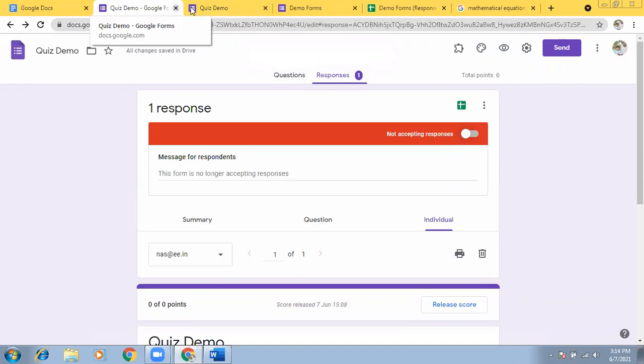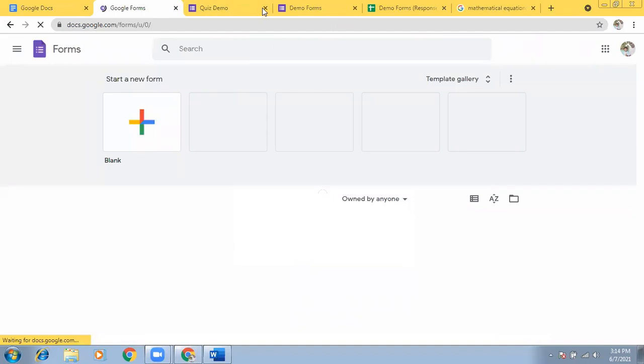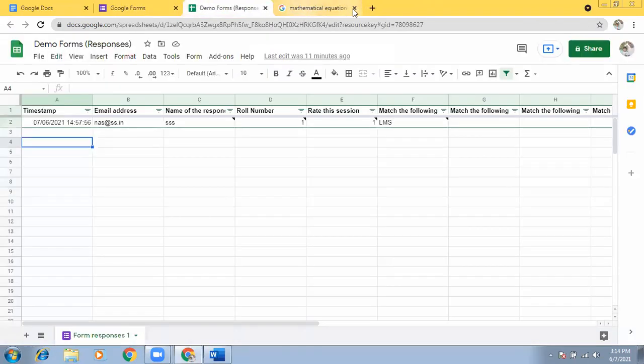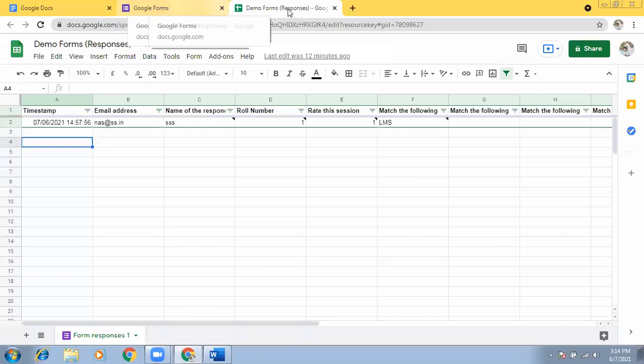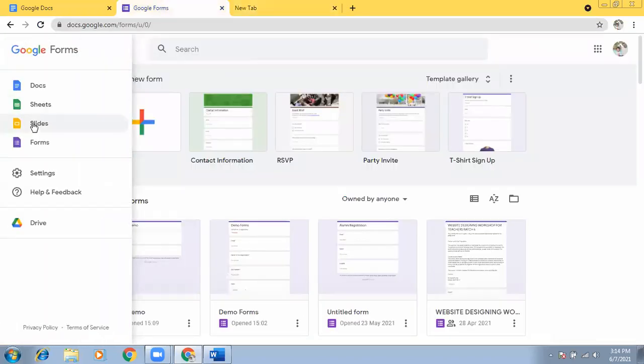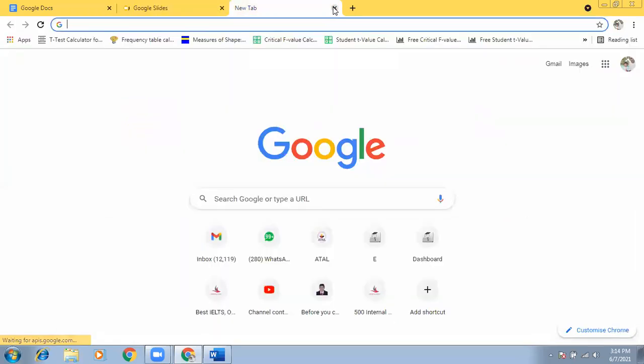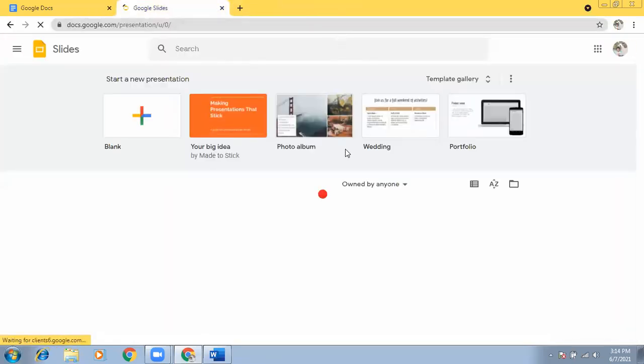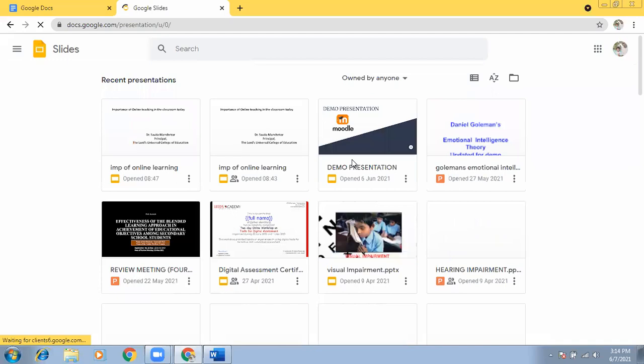Now, shall we move to certificate generation? Yes, sir. Okay. For certificate generation, what data do we need? Here we are going to combine all three: Google Sheets, Google Forms, and Google Slides. So let me open the slides. First you need to decide what data you require.